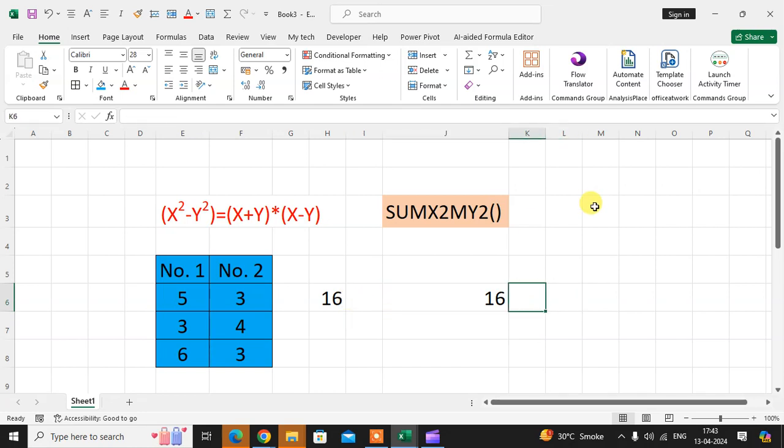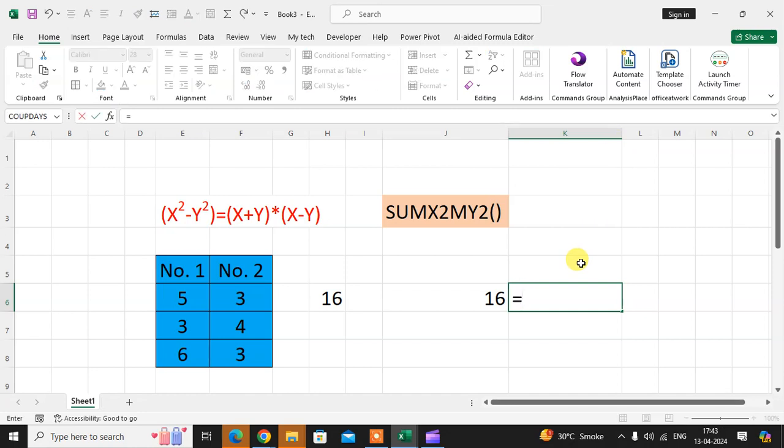And there's a second way. Equal to, in bracket, select the first x, which means 5, then plus, select the y, which means 3, bracket close, multiply, bracket open, again select number 1 minus number 2, bracket close, and just